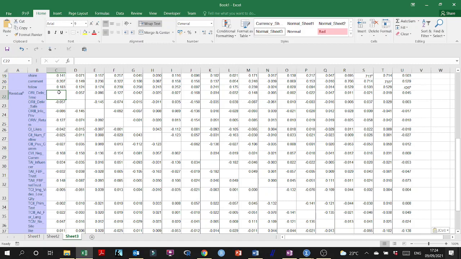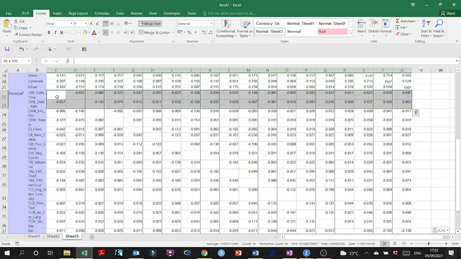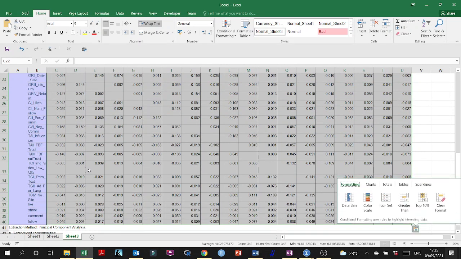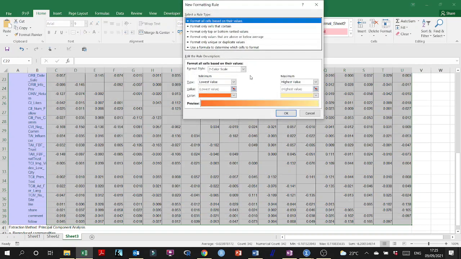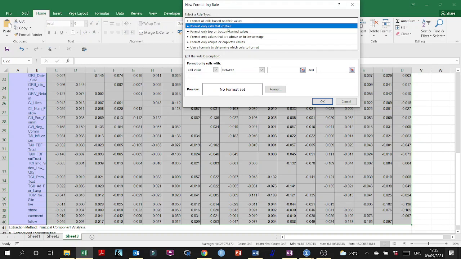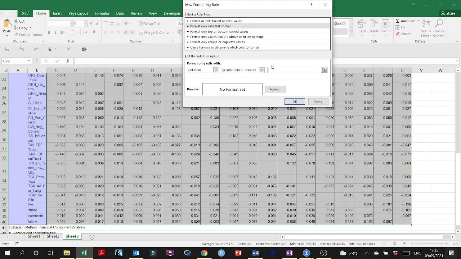I'm going to select the first cell, hold down the Control and Shift keys with my thumb and index fingers respectively. Use the arrow key to move to the right. Use the down key to cover all this area. Then go to conditional formatting and color, more rules, and format only cells that contain values greater than or equal to